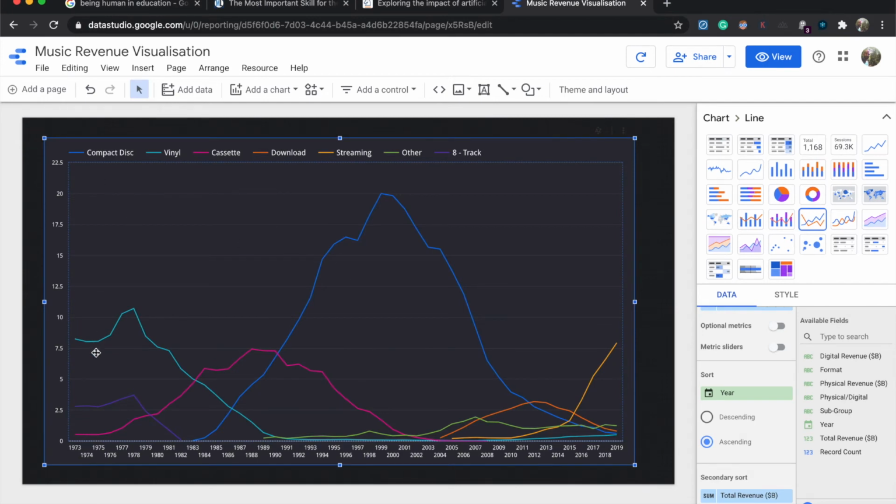I can see that vinyl, which is this color, was quite popular. There was this thing called 8-track, which I've never used. Cassettes from 1973 took over vinyls because they were smaller. However, in the late 80s, early 90s, compact discs began overtaking cassettes, which led to the downfall of